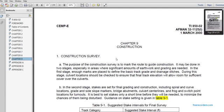Chapter 9, Construction Survey. The purpose of the construction survey is to mark the route and guide the construction, which may be done in two stages, especially in areas where a significant amount of earthwork grading is needed. In the first stage, enough marks are defined for the basic track grade and drainage ditches. During this stage, culvert locations should be checked to ensure the final track elevation will allow room for sufficient cover